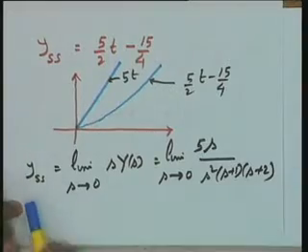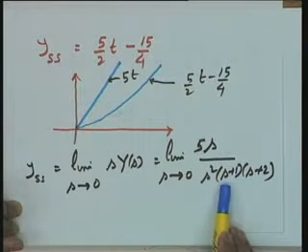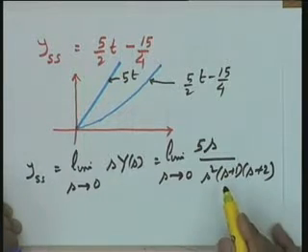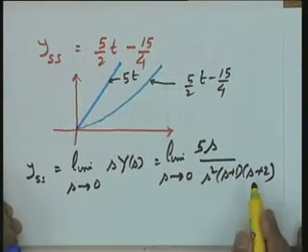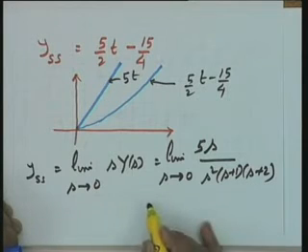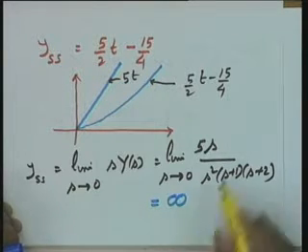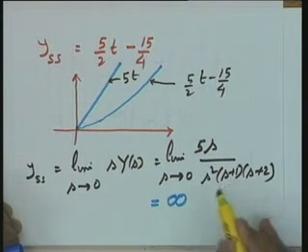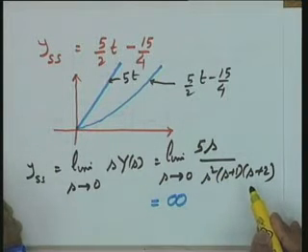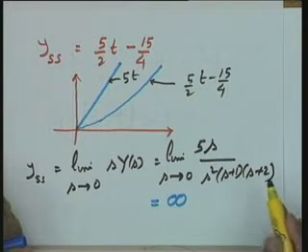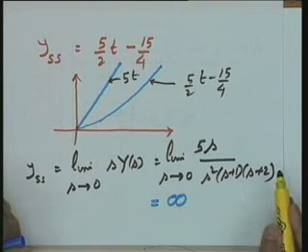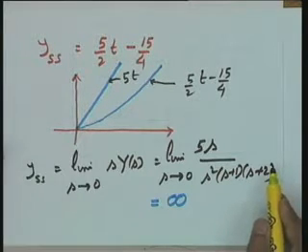Coming to this expression, if I apply the final value theorem, Y_ss is equal to this. Now, please see, if you do not take care of the condition on the poles of sY(s), the final value turns out to be infinity. But what is sY(s)? sY(s) has a pole at the origin, and therefore, in this particular case the final value theorem is not applicable. You have to be very careful about this.